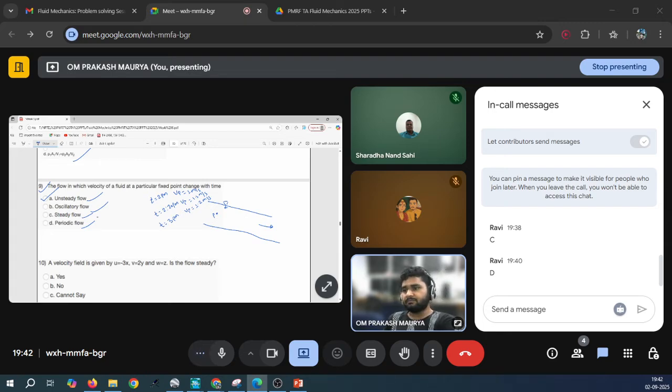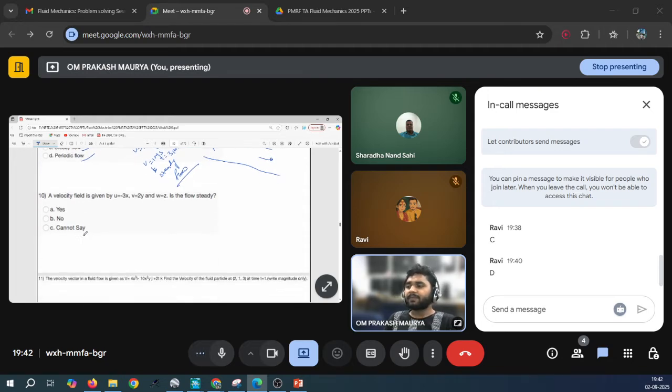Remember please, if it is not changing with respect to time, let us suppose at 2 pm the velocity is 1, at 2:20 also 1 meter per second, and at 3 pm also 1 meter per second, then in such a case the flow will be steady flow. Very basic. So now the next question is,